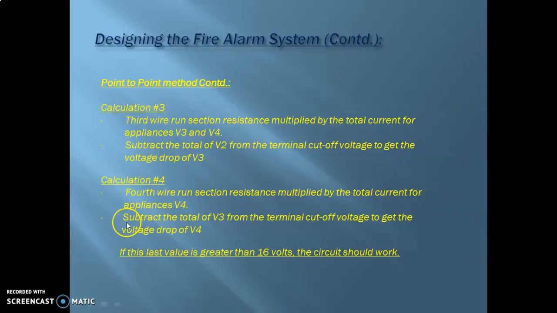Subtract V3 from the terminal cutoff voltage to get the voltage drop of V4. Now if this last value of V4 is greater than 16 volts, then the circuit should work. This method is more accurate as it gives us the voltage drop for each and every single point.